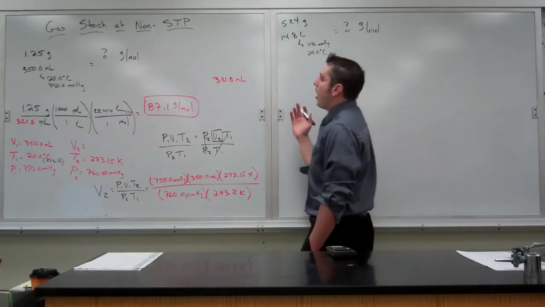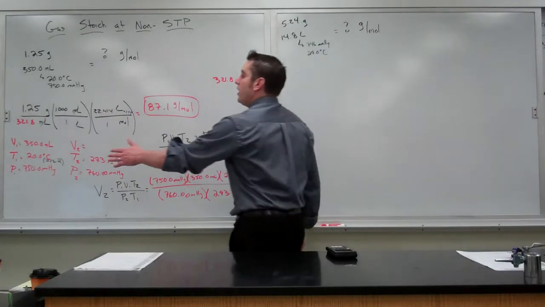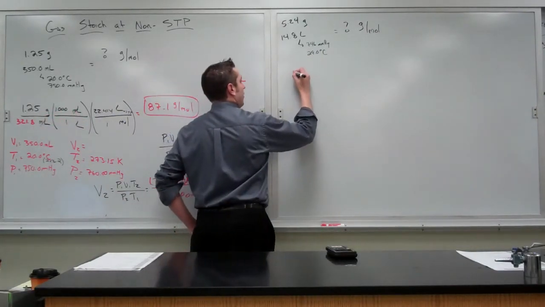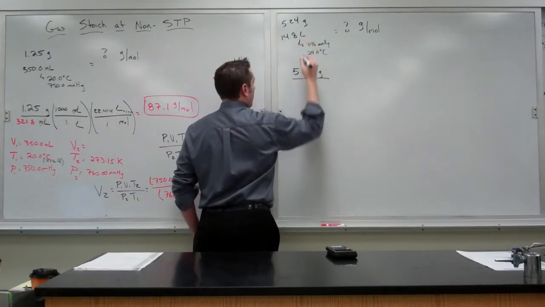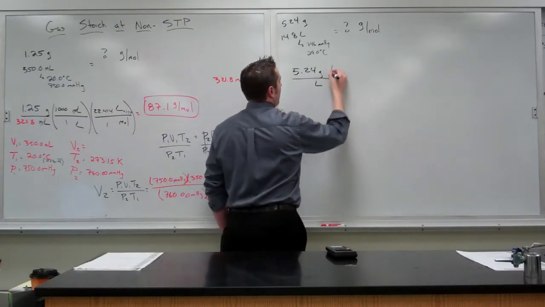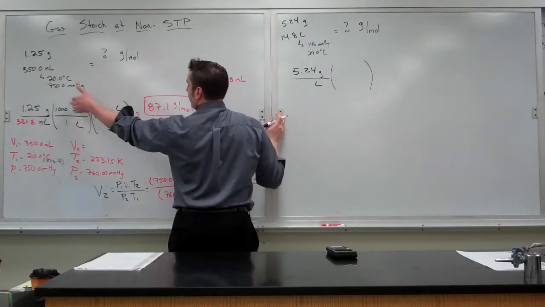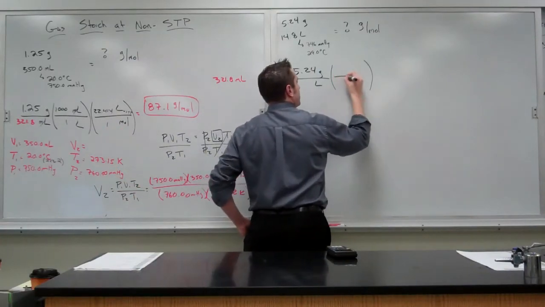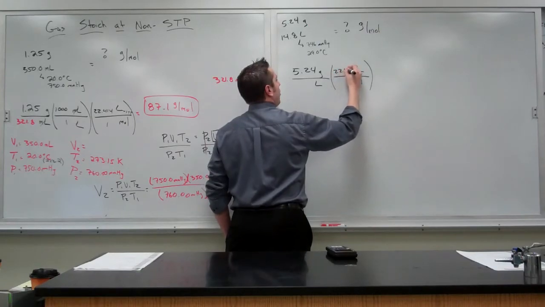So when I begin the problem, I'm going to try to mirror what happened over here. Over here, I started with my mass over my volume. We will do that as well. 5.24 grams over the volume, this time which is in liters. Then we set up our brackets. I converted liters to milliliters here, which I don't have to do because I'm in liters. So I can jump straight to this second bracket where we convert liters into moles